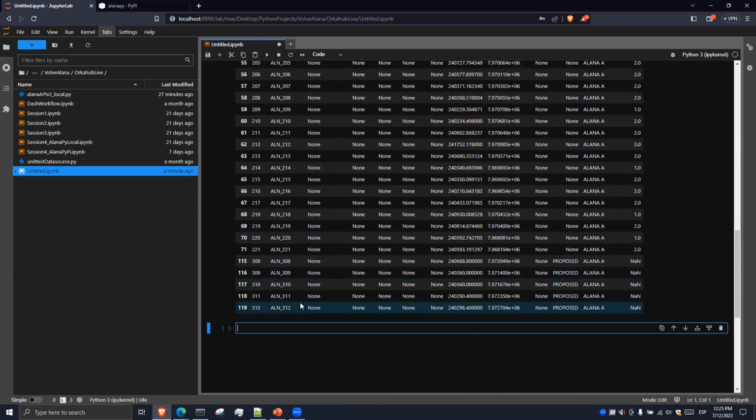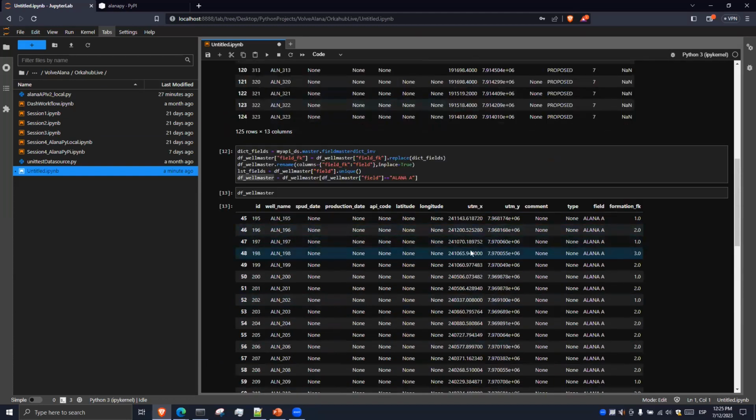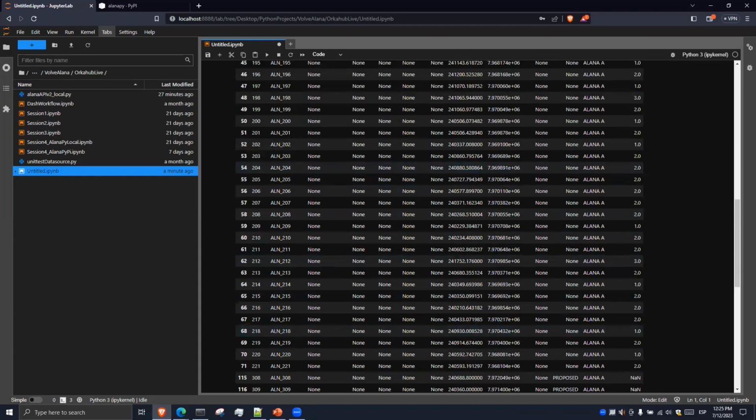And as you can see, we have these wells with their corresponding UTM in X and UTM in Y. Let's remember that this geographic reference is the one that is going to work with the nearby wells functionality. I'm going to use as well